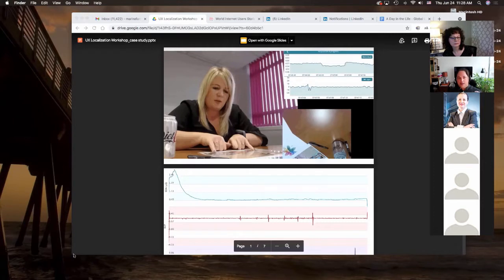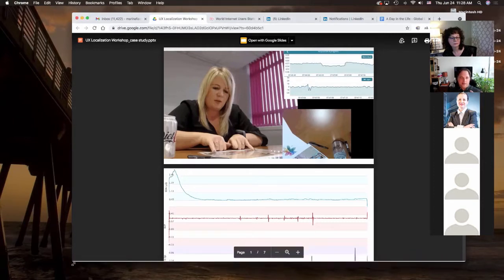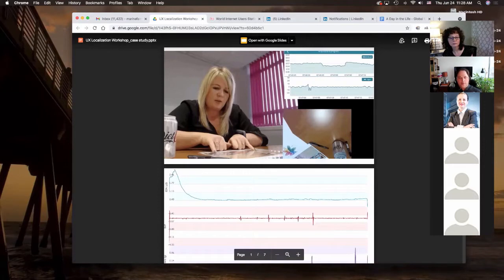And we measured the peaks and the valleys in the galvanic skin response. So basically, when you have an emotional response to something, the sweat glands in your skin start to perspire a little bit. And most of the time you don't notice. It's not the case where you'll be sweating all over, but just a little change in density is enough to signal a change in your emotional status. So that was what we did. We got people to retell their story, measured their galvanic skin response levels, looked at the peaks and valleys, and then compared with an average between the British and the Saudi Arabian customer base.